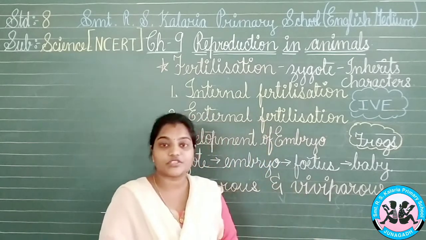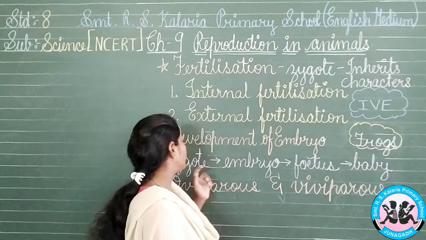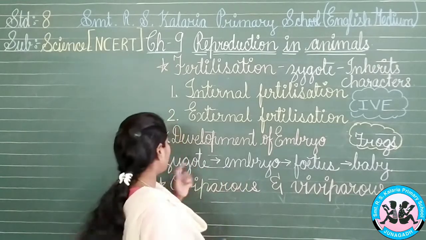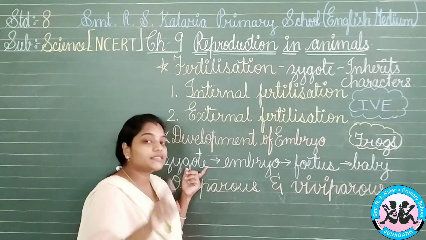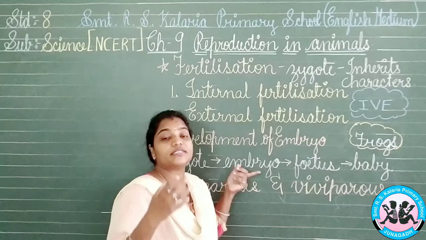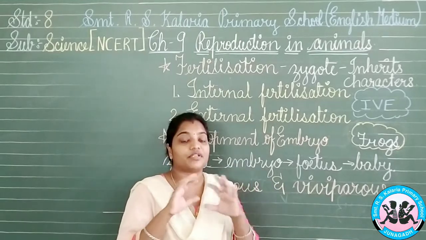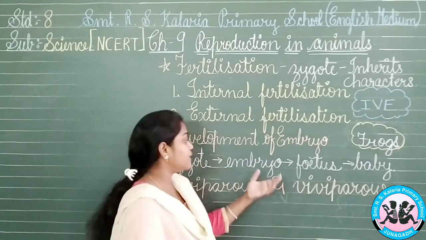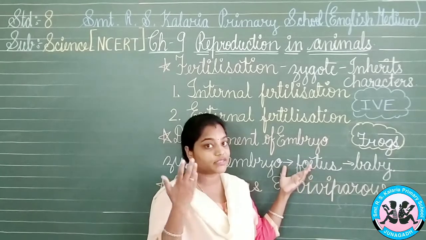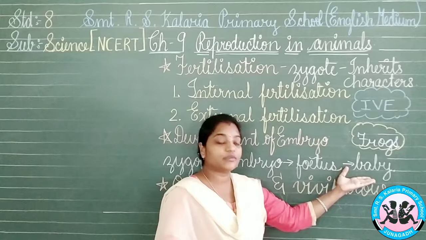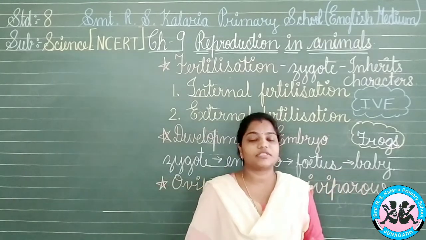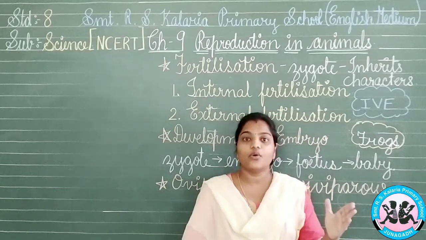So the stages we go through are, first of all, the egg and the sperm will be fused, that is the fertilization. Later it will be converted to the zygote, that is again a single cell. After that it will be forming the embryo, where it is no more a single cell, it is having a ball of cells, and then it will be converted to the fetus that will be showing the limbs and the face and some of the features and characters over there, and the last stage, that is the baby, which is now ready to come out to the world.